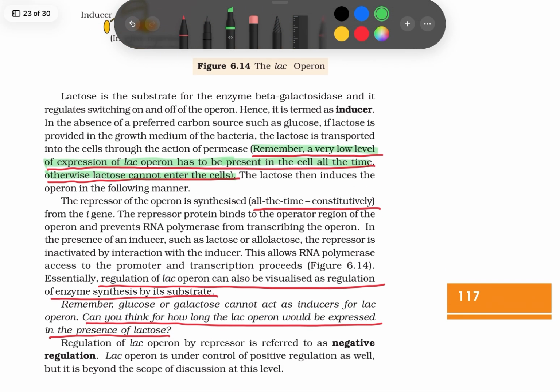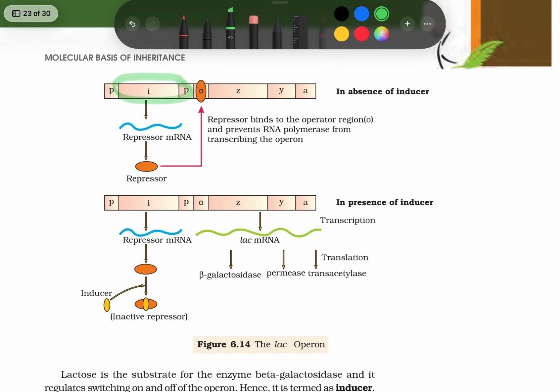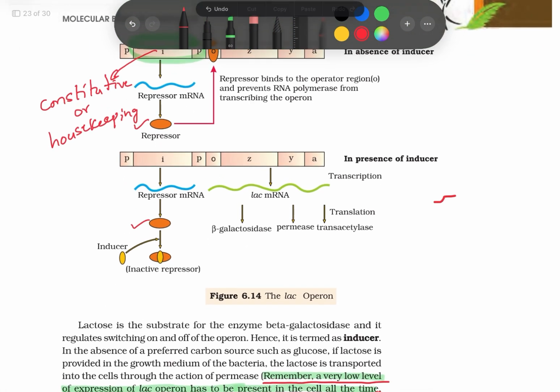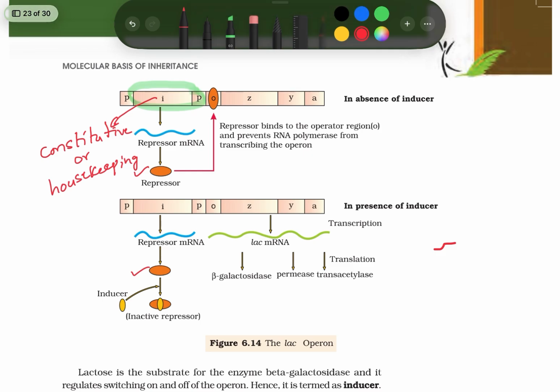And if you see, the repressor of the operon is synthesized. Here also the repressor is produced. In this situation also the repressor is produced. Continuously that repressor protein is produced by that I gene. So this is a constitutive gene. The I gene is constitutive; continuously it is producing its product. Constitutive, or we can say housekeeping. Housekeeping genes can always do their duty, in the same way. If you take these ZYA genes,